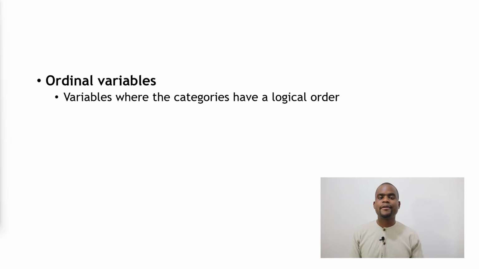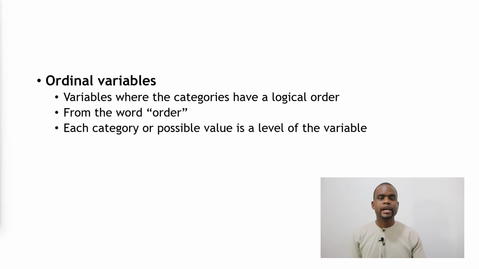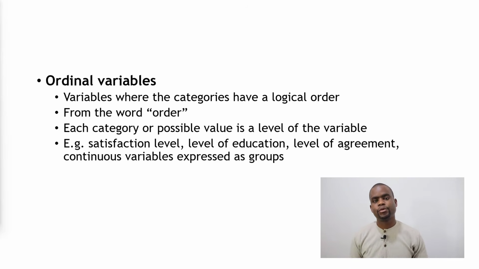So let's take a look at ordinal variables. So ordinal variables are variables where the categories have a logical order. So when you look at the values or the possible responses that you're going to get, you can actually arrange them in terms of a certain order. Okay? As a matter of fact, the word ordinal is actually coming from the word order. All right. So each category or possible value is actually a level of the variable. So I can give you, for example, satisfaction levels, or level of education, or level of agreement, or maybe other continuous variables